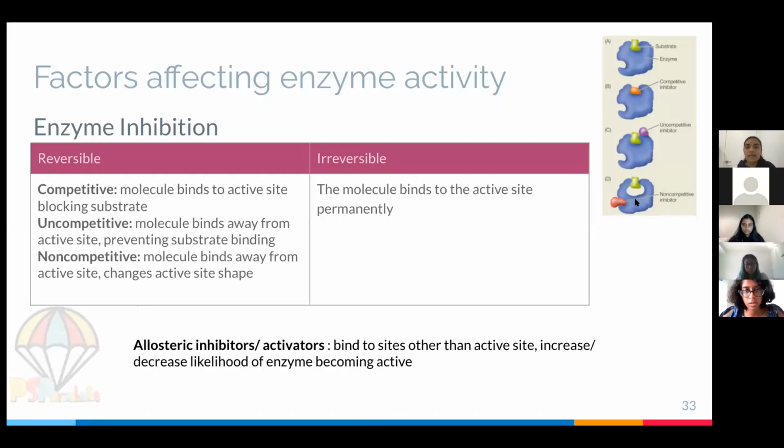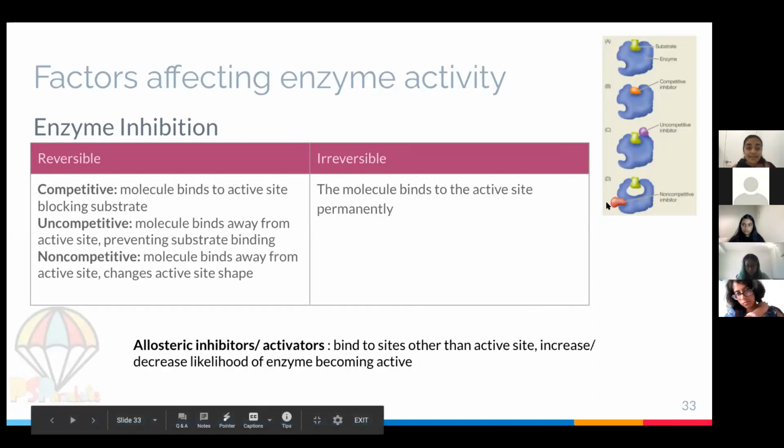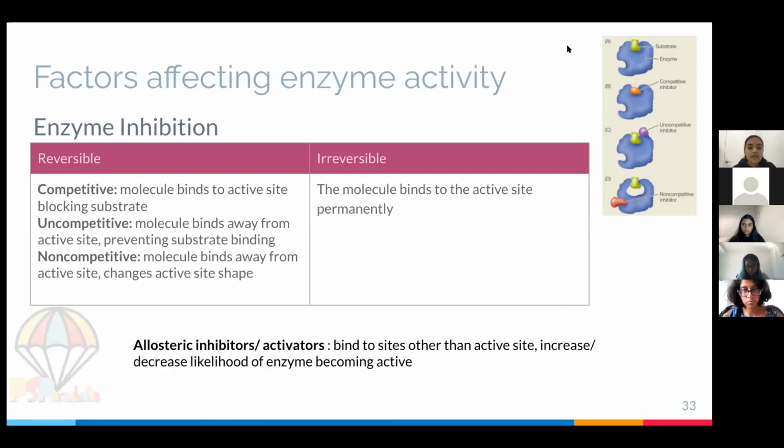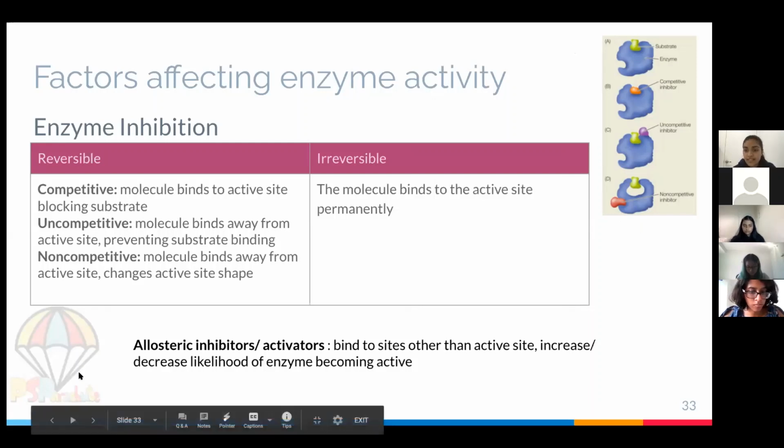Competitive is basically the molecule binds to the active site, so that directly blocks the substrate from coming on. Uncompetitive is that the molecule binds away from the active site, so the purple molecule on the side, and that prevents substrate binding as well, but it's not on the active site, so it's not directly competitive. Non-competitive is that the molecule binds away from the active site and changes the active site's shape. As you can see on the last one, D, the active site has completely changed its shape so that